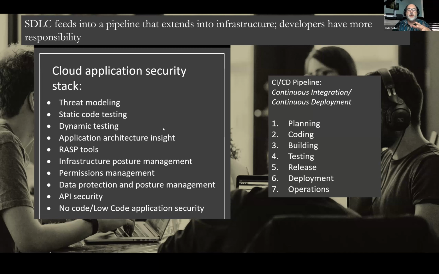And when we talk about posture management tools, which are really kind of vulnerability management tools for the environment itself, they are things like Prisma, Wiz, Orca, Lacework, things like that, that are really looking at the posture management. Then there's permissions management, data protection. There's so many data protection tools out there now. API security, looking at the credentials of your API, the security of your API. And then going back to the thing about software as a service, the no code, low code. So those types of things.